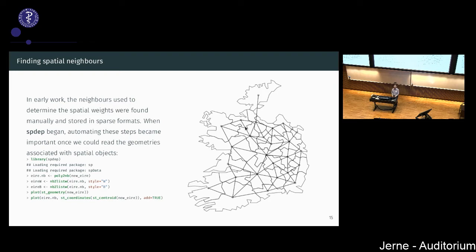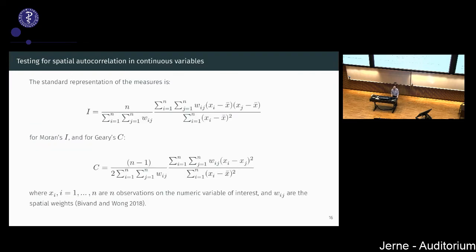If you are a neighbor, the spatial weight is 1 or some positive number. So obviously the product here, including the w_ij's, will be 0 if you're not a neighbor, and if you are a neighbor, it will be the weight times the squared difference.